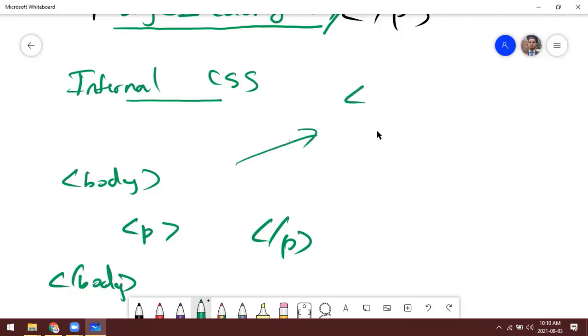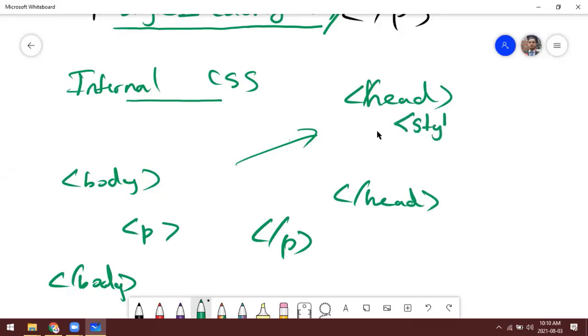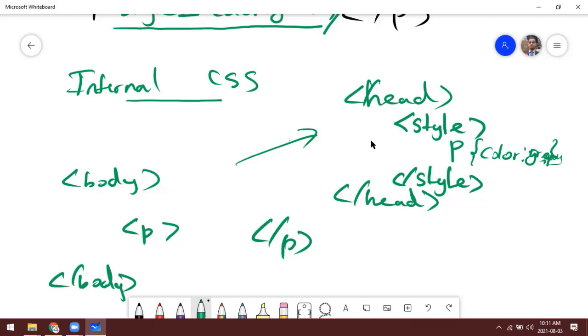Inside the head tag, we add the style tag. Since the tag is P, paragraph tag, we write it like that. We can add the property like this, color maybe green, right? This is the internal CSS.